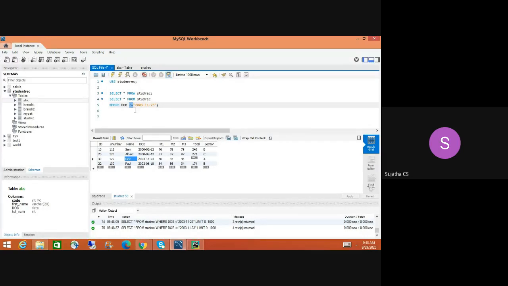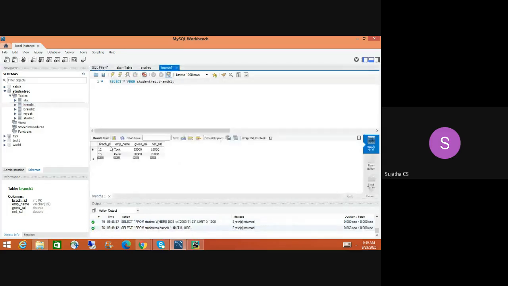Next thing: I want to create a table that has only three records, and copy all those records and paste them into a new table. Let me show here, branch 1.